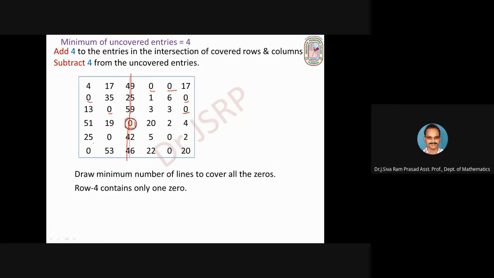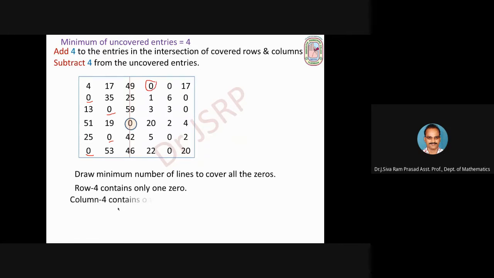Okay, next. Come to fifth row. Fifth row contains 2 zeros, that is more than 1 zero. Skip fifth row. Next, sixth row contains 2 zeros, that is more than 1 zero. Skip sixth row. Okay, so after all rows are verified, still there are zeros not covered by lines. Then go for columns. The first column. So first column contains 2 zeros, that is more than 1 zero. Skip first column. Second column contains 2 zeros, more than 1 zero. Skip second column. You need not verify third column since already it is fixed. Next, fourth column.